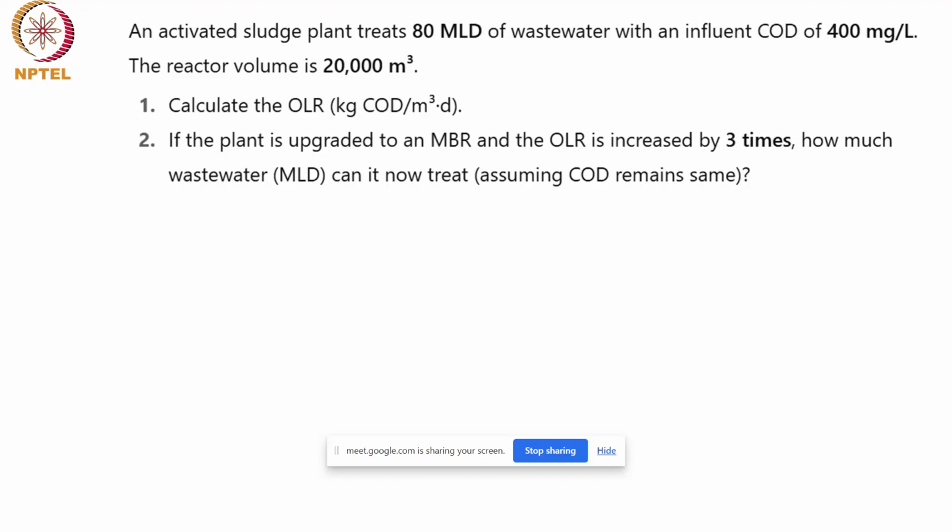So now we are given that the volume remains the same. The volume of the reactor is going to remain the same. And the COD is also going to remain the same. Only the OLR has changed. So the new OLR is nothing but 4.8 is equal to Q nu into COD, and the COD remains the same and the tank volume remains the same. So if you substitute these things, you will get Q nu